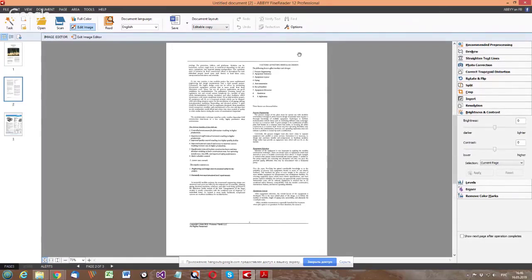For example, I can improve brightness and contrast for this page, or I can deskew the page, or I can correct trapezoid distortion. And this actually is something that also occurs sometimes. But because this particular page is okay for further recognition, I will skip this step.